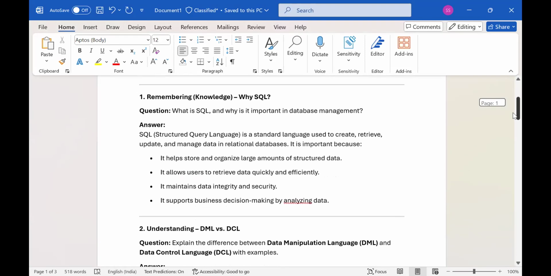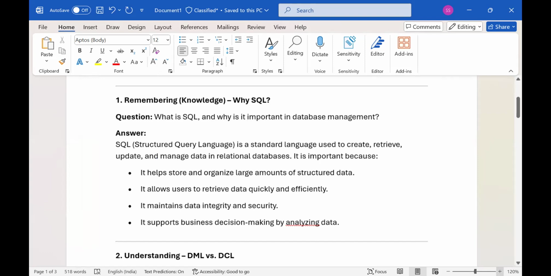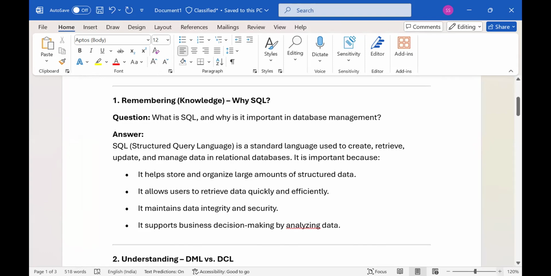conceptually first. Right. So the first thing to understand is why SQL. Why is SQL so important? And I will tell you that the importance of SQL has not gone down. In fact, when you start using databases like Snowflake, etc., which are big data databases, you will realize that SQL is so important.